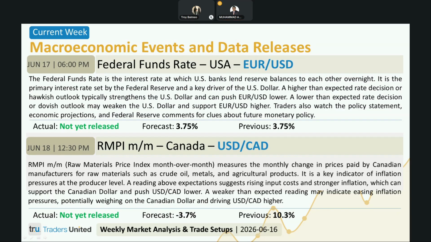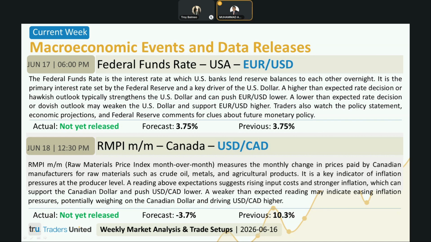Euro USD is particularly sensitive to interest rate expectations because of the large yield differential between the US dollar and the Eurozone. Now, why could Euro USD move up or down after the news, and why could we see some activity over here? Well, there are key drivers for potential price action that include actual interest rate decisions versus expectations, forward guidance from the Federal Reserve, inflation outlook and economic projections, US Treasury yields reaction, US dollar strength or weakness, and Eurozone versus US monetary policy divergence.